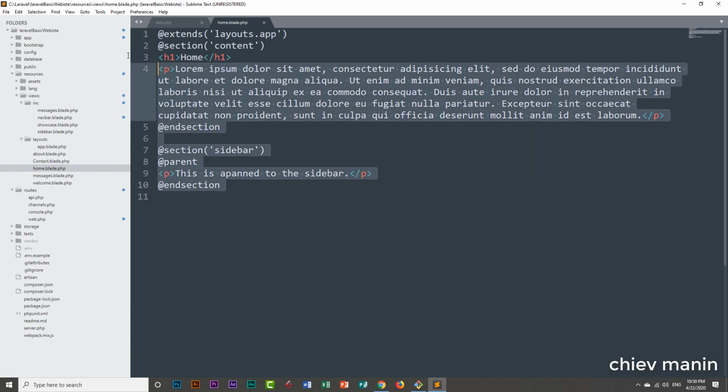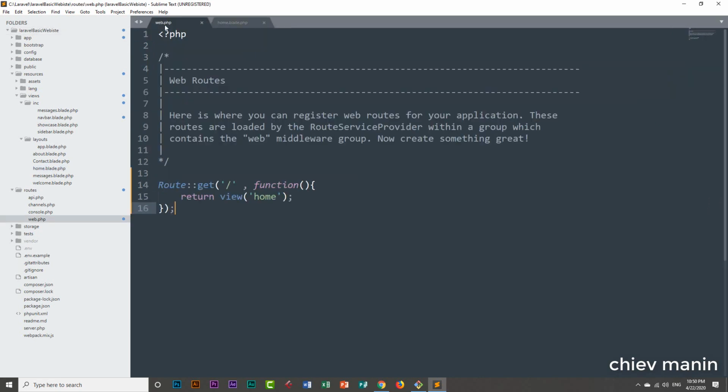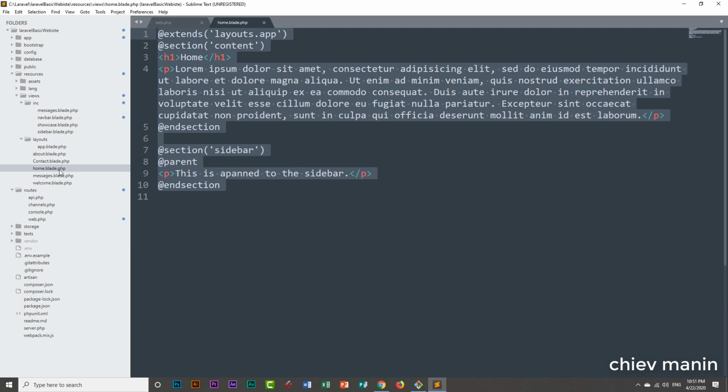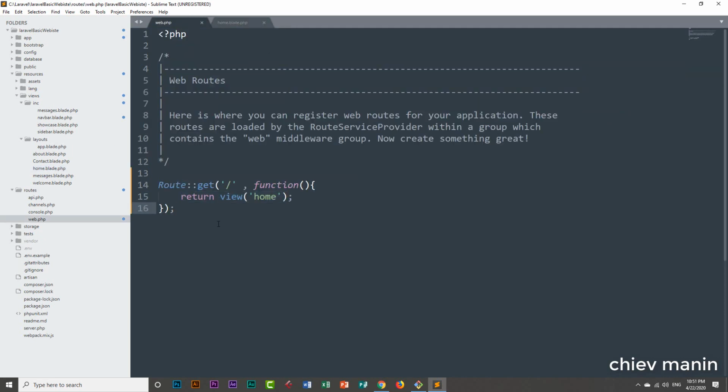Don't care about the content on the home page, but care about how to call it. So slash calls the home view, home.blade.php. Now if I want to register another route, Route colon colon get, and I register about,